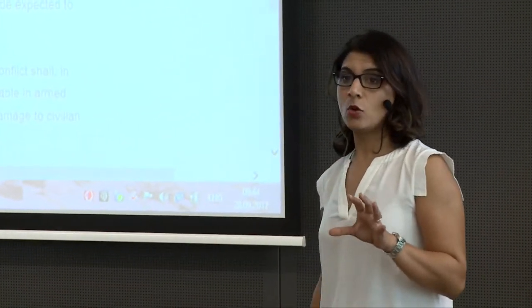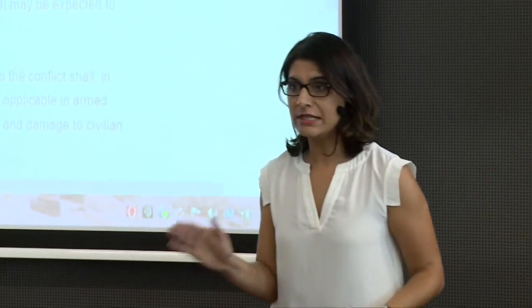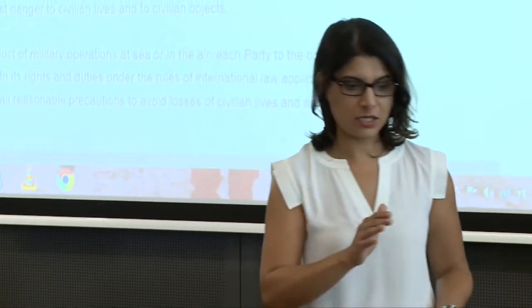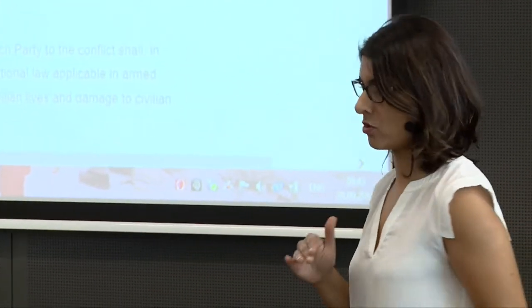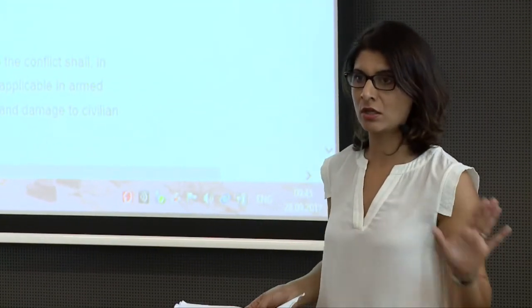We've seen that particularly and very sadly in Iraq and Syria in the case of the Islamic State, which basically hides in civilian areas, uses civilians as human shields, and has prevented civilians from leaving, and when they try to leave, mows them down with snipers. That does not relieve the attacking party from taking precautionary measures, ensuring their proportionality and distinction, and taking all feasible precautions in their attack.